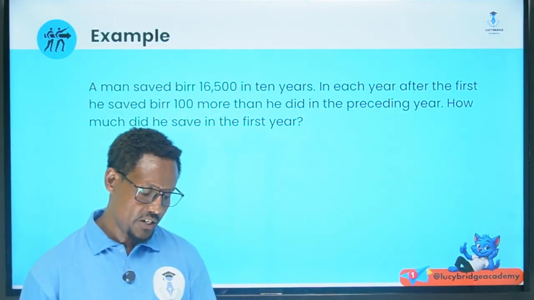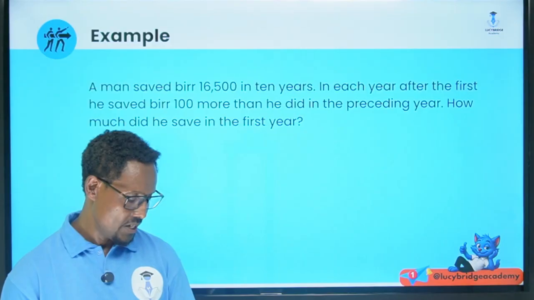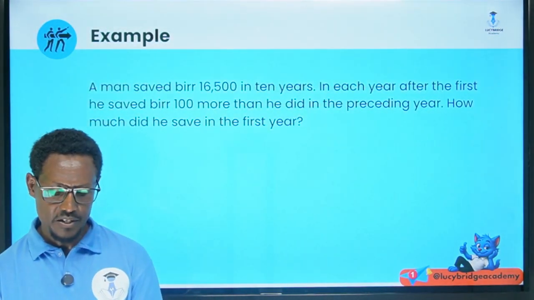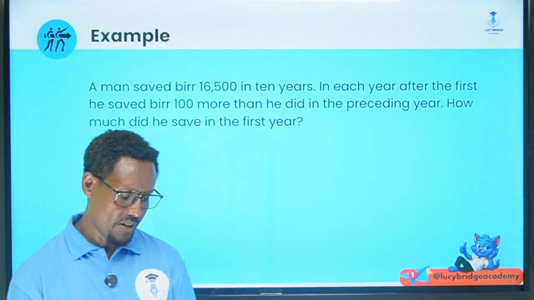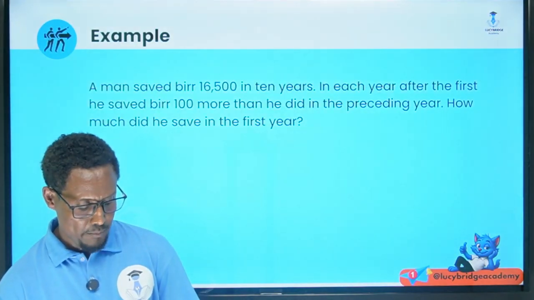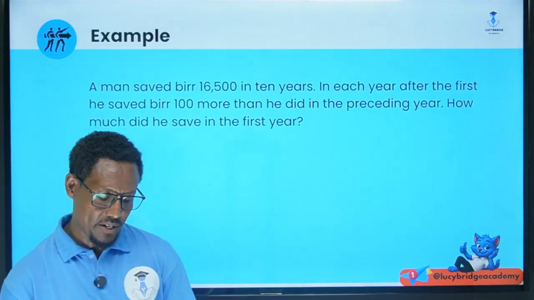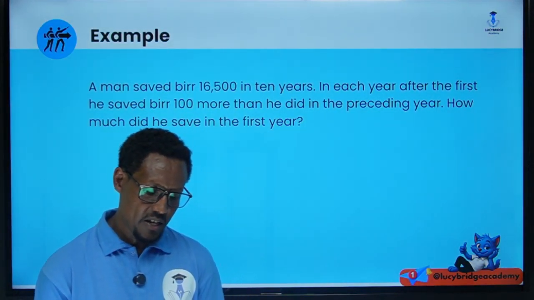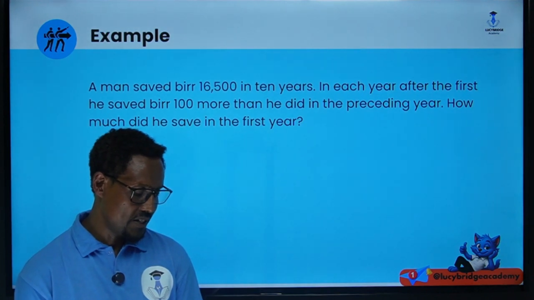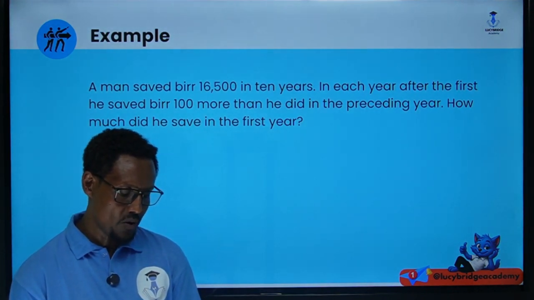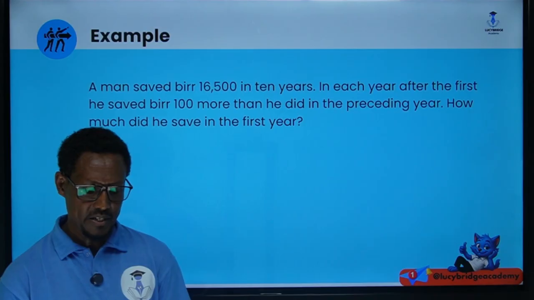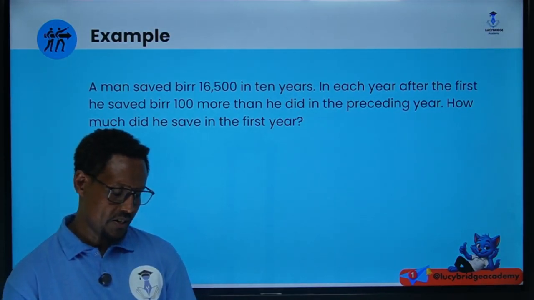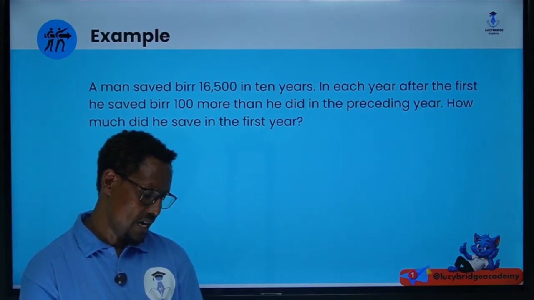Example: a man saved 16,500 in 10 years. In each year after the first he saved 100 more than he did in the preceding year. How much did he save in the first year? Look, a man saved 16,500 in 10 years. In each year after the first he saved 100 more than he did in the preceding year. How much did he save in the first year? Okay, look, this is